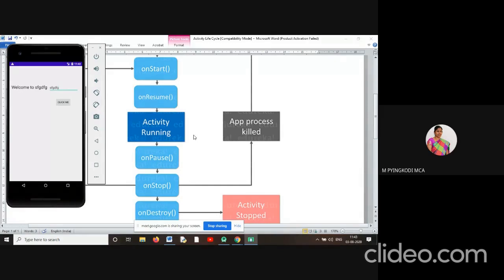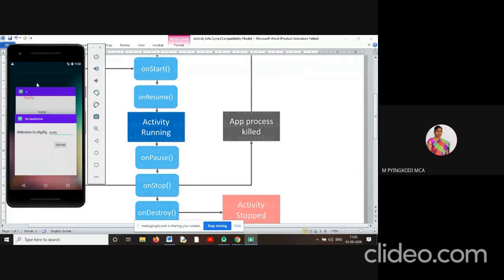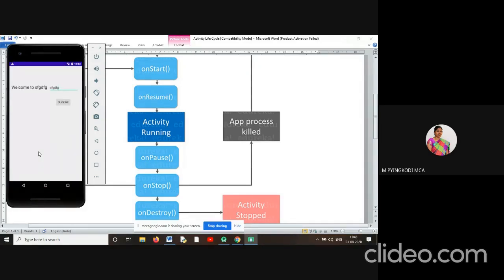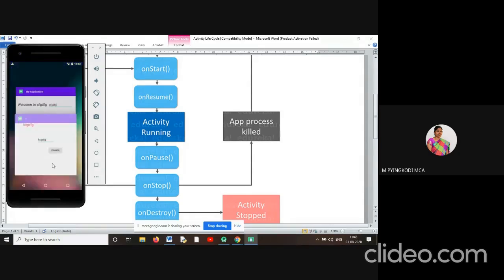Consider two applications: my application is class A and the yes application is class B. If you run my application, and after running you move on to the second application, this is automatically called from my application itself.